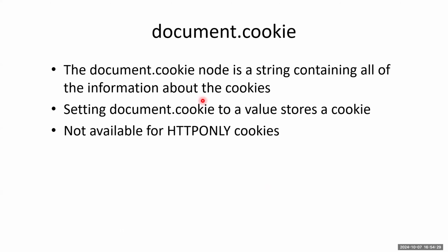Okay, I think I just mentioned document.cookie is where your browser keeps it. If it's not an HTTP only cookie, then the JavaScript portion of the program has access to the cookie. It can access it along with the rest of the document object model. And you can change it if you want to.